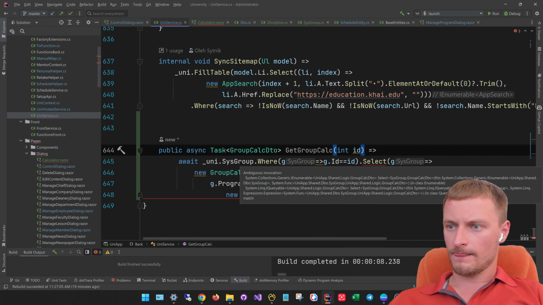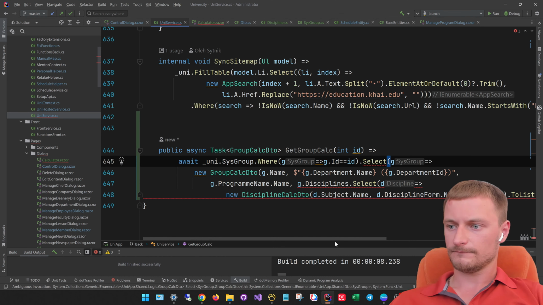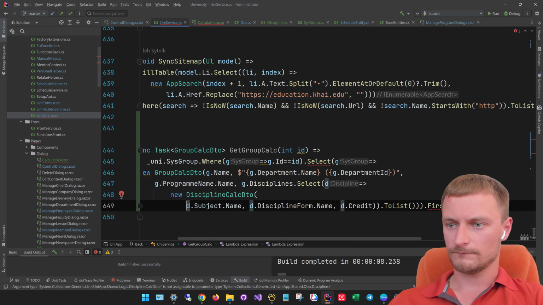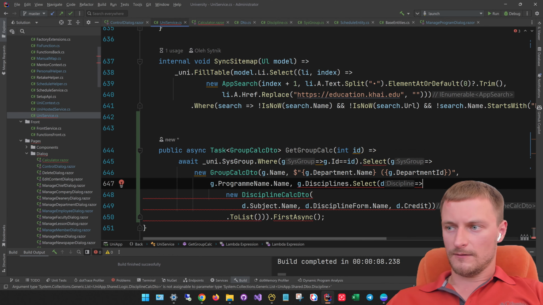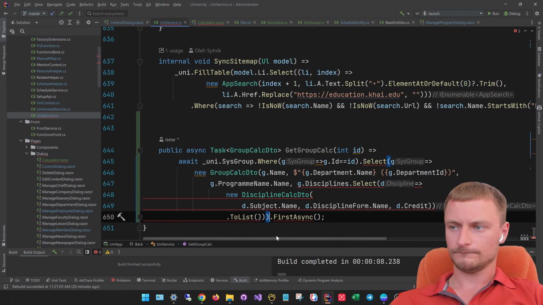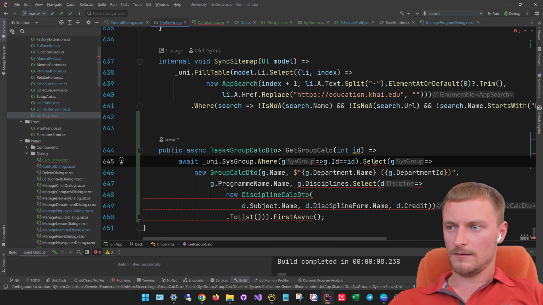So what we have run, this is group where this is group, and this select, one moment, select to list, async task. So this group where select the new